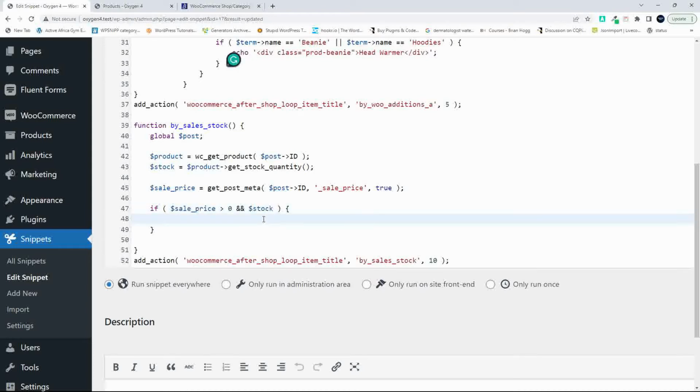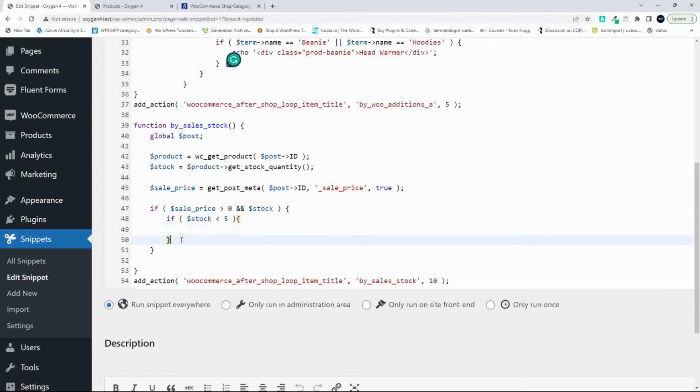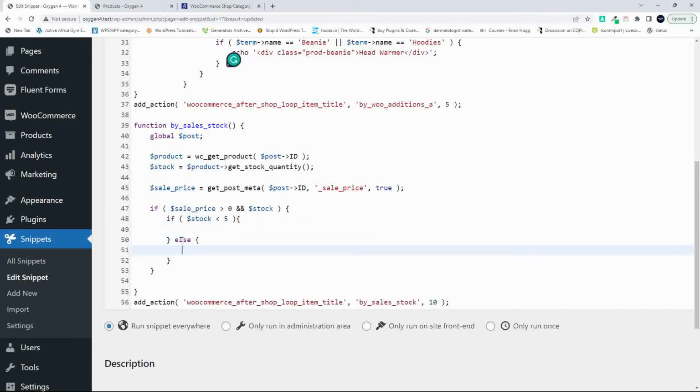Now we have two things that happen. The one is when the stock is below a certain value, then we want to highlight the price a bit more. So if we go if, and we do another if statement, and we say if the stock is less than 5, then do something, else do something else. So if it's less than 5, then let's just echo,